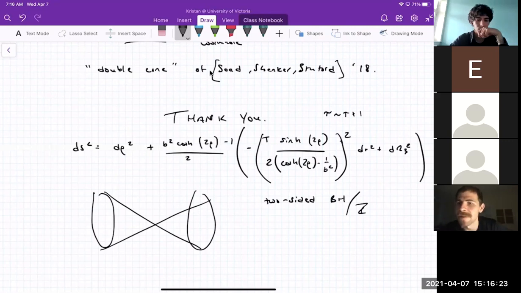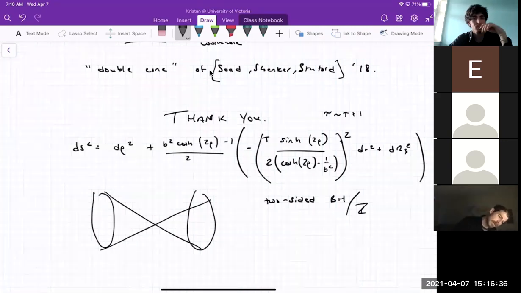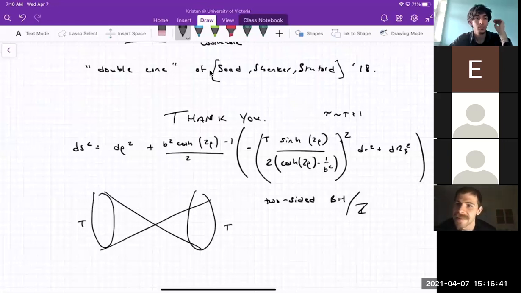And if you will, but the thing is that if you didn't do the gauge fixing, this is a solution where the size of the two circles on the two boundaries is coordinated, it's the same. And to really say that you have a saddle point, there's actually a family of these configurations for any t, which you can fix by a boundary condition, but also for any b, the sort of mass of the black hole that one is starting with.